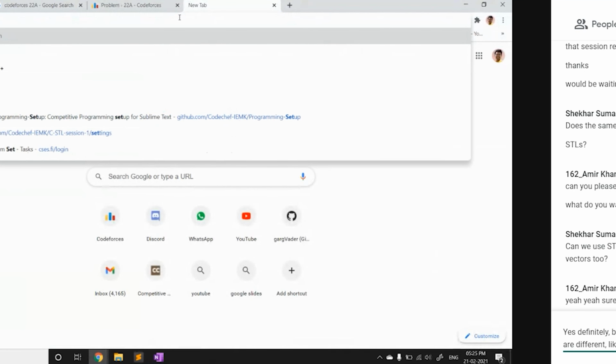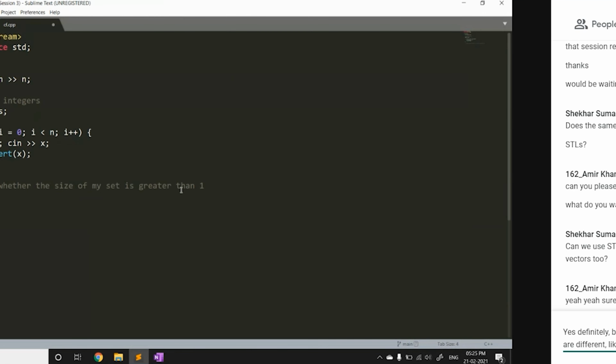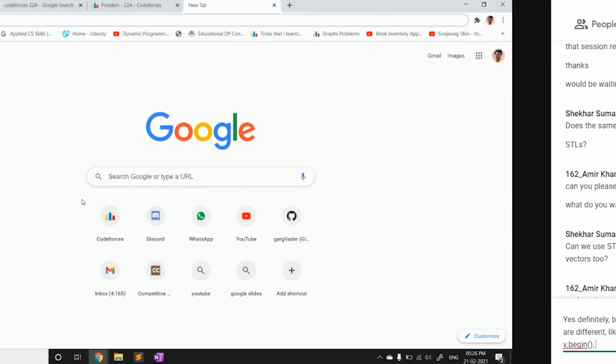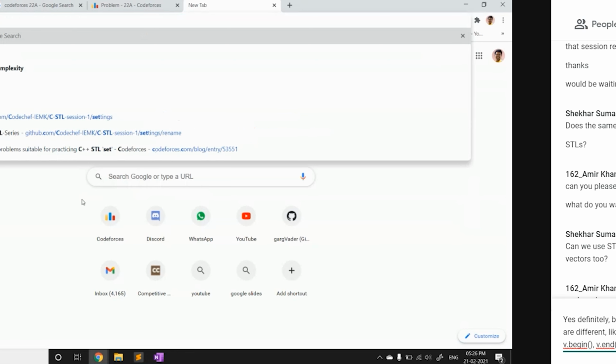I want some function that will return me the size of the set. So let's see. I will search for set stl c++.